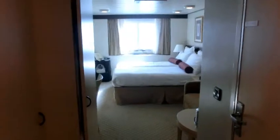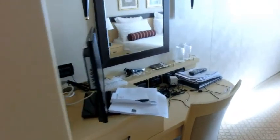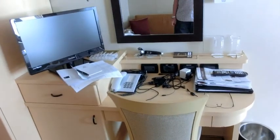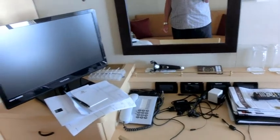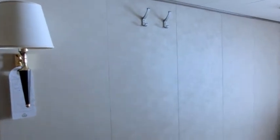This is fairly typical of what a stateroom looks like. It's 160, 170 square feet, I suppose. Over on the left we've got 1, 2, 3, 4 wardrobe drawers, and in the desk there's another couple of drawers, one under the TV, that's the fridge underneath. There's a drawer behind the chair there. Reasonable electrical points. We bring a 13 amp 3-way adapter with us to give us more outlets. TV's probably 19 inch, and we get satellite transmissions. Wall lights, hanging hooks,